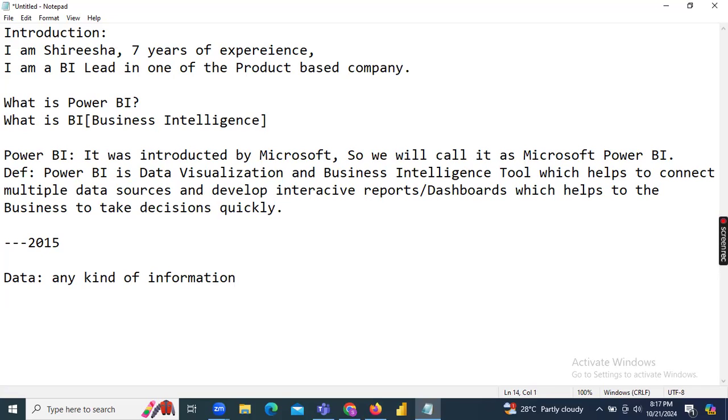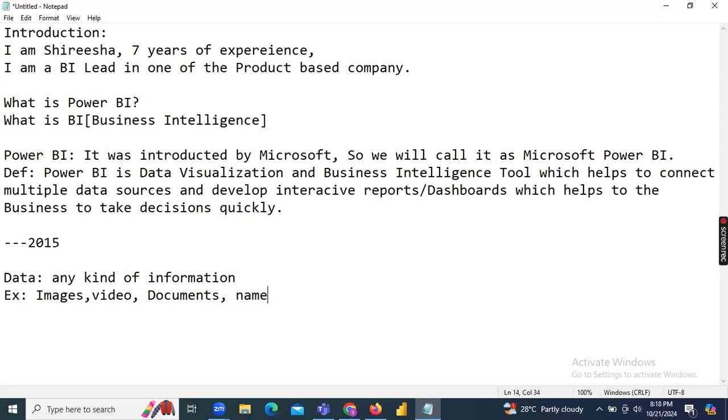Example, anything real time, anything you are storing as information. Like you are storing images in your mobile, right? That is also one type of data. We are storing image data, and you are storing some video data. You are storing some documents also. Any information, even my name, Sirisha, is one name, right? So that is also stored somewhere. Anything we are storing is information.